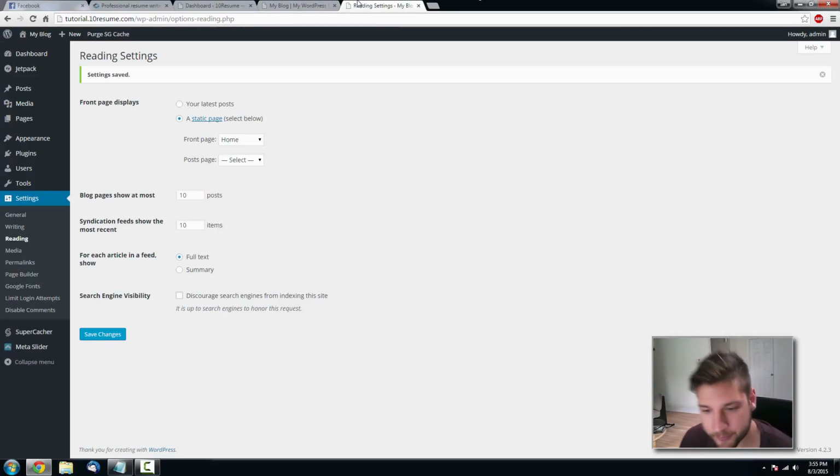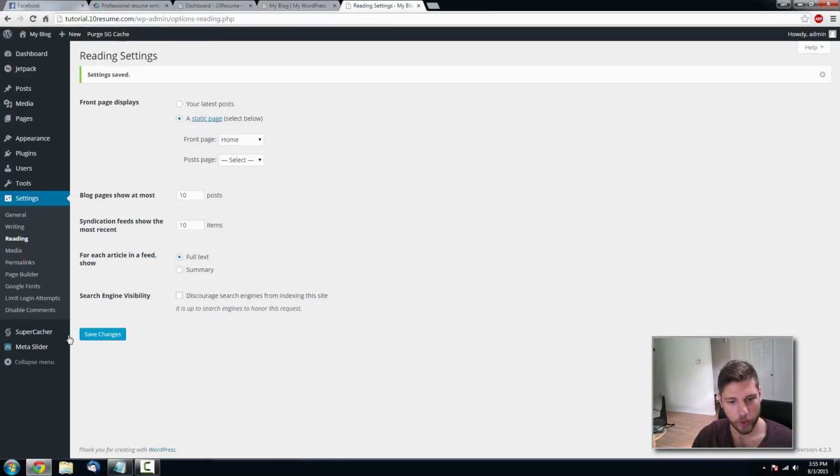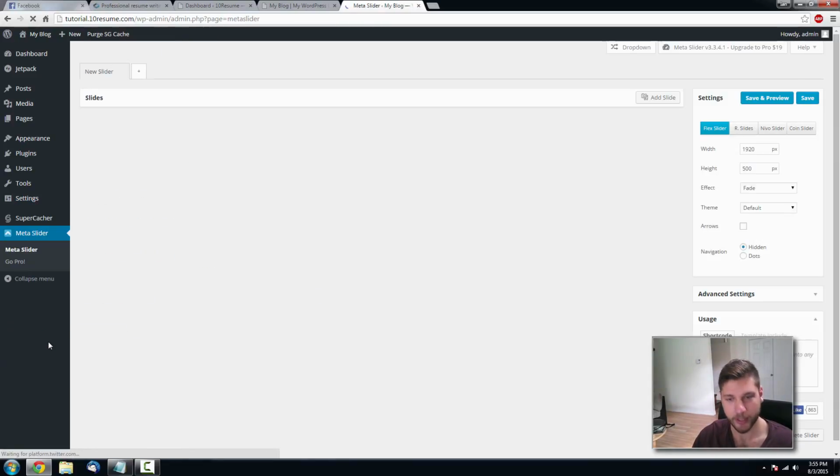So far so good. Now we're going to create the slider, which is the big image that I had right here. The big, attractive image that grabs people's attention. So what you want to do is go to Meta Slider, which is a plugin that we've downloaded. You want to click on this little arrow. I've already made one, but you just click on this little arrow, which creates a new slider,